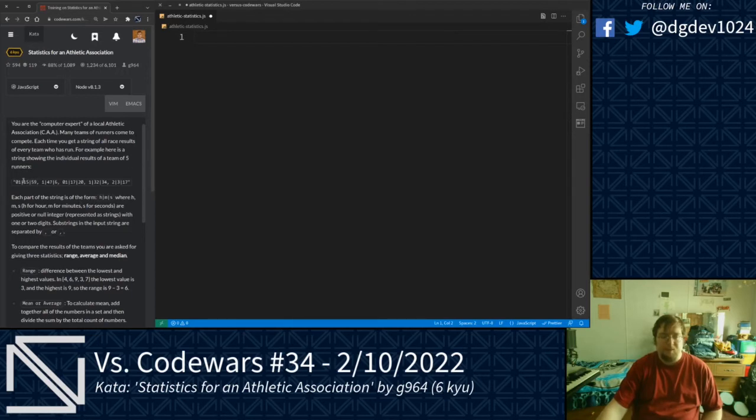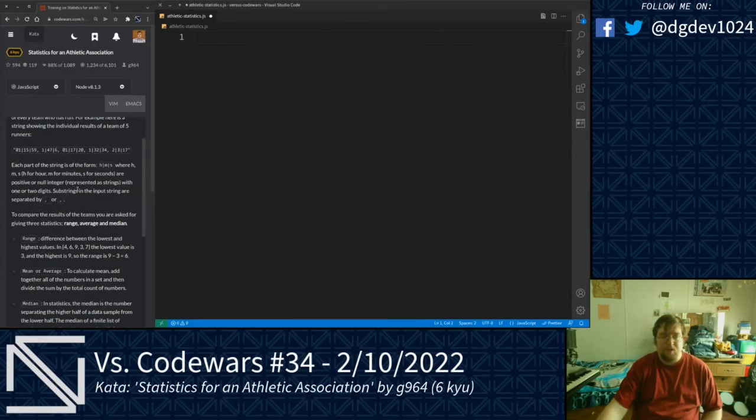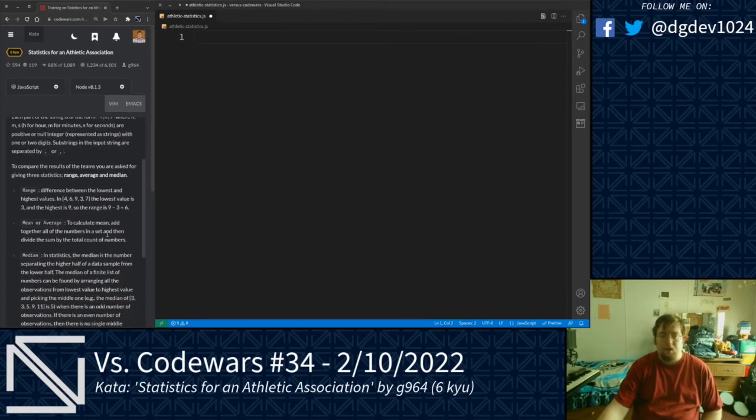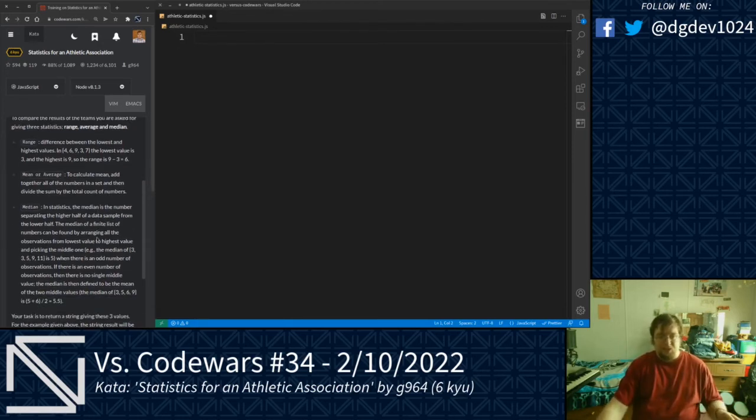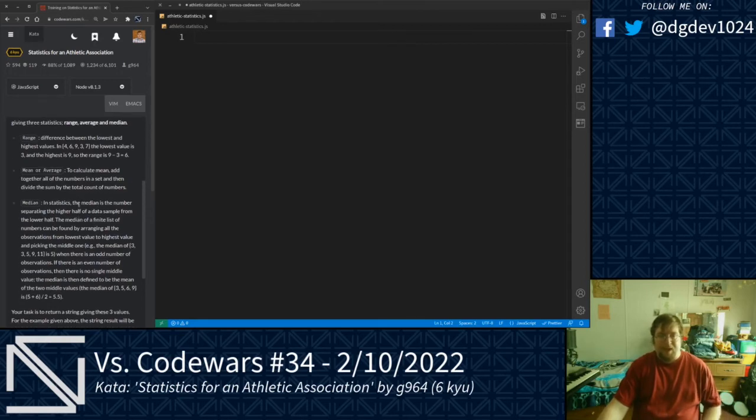And each of these numbers are positive or a null integer represented as strings with 1 or 2 digits. Substrings in the input string are separated by a comma or a comma and a space, as I mentioned before. To compare the results of the teams, we are asked to give 3 statistics: the range, the difference between the maximum and the minimum, the average, that sum of these times divided by the total number of times, and the